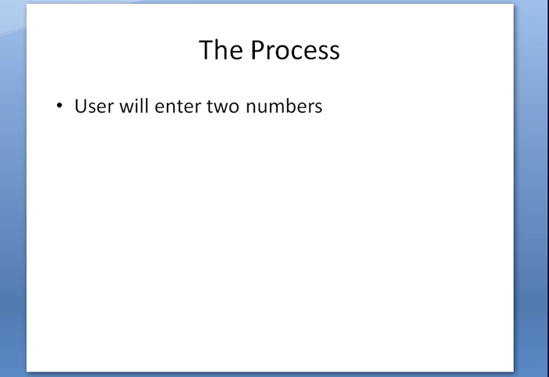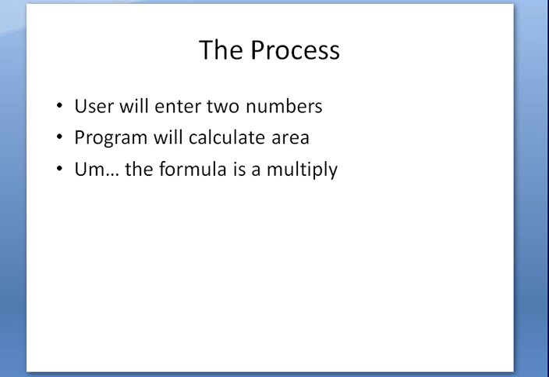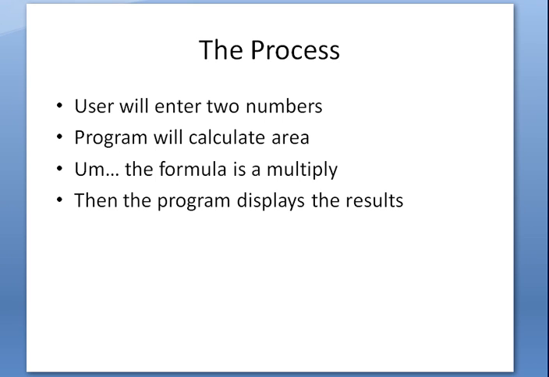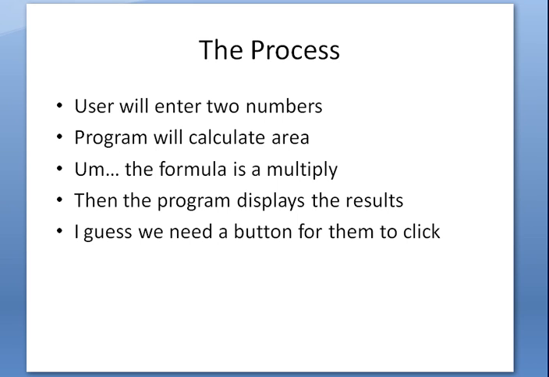The first thing you're going to think about entering the area of a rectangle is the user's going to have to enter two numbers, aren't they, for height and width. And then the program's going to have to calculate the area. The formula for doing that is a multiply. Yes, we have to multiply the two numbers. Then after I get the answer, the program's going to have to display the result. Oh, we're going to need to have a button for them to click to make this happen, because that's the way it works. So about then you get a piece of paper out and a pen or pencil and